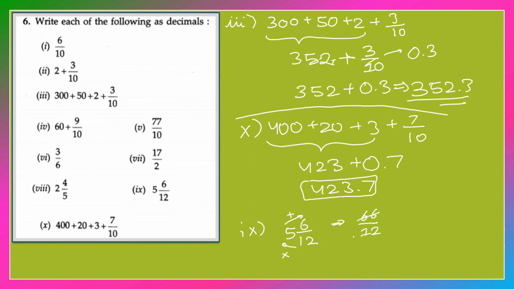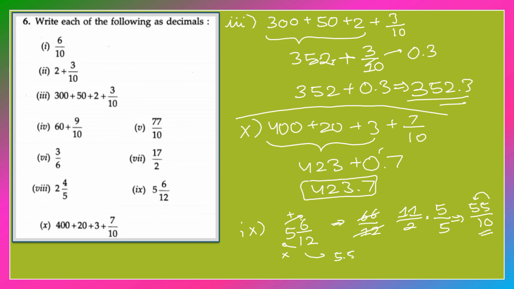Now, if I cut a factor of 6, I get 11 whole upon 2, like this. Now if you want, you can do the division method directly also, but if you don't know how to do it, you multiply the numerator and denominator by 5. I get the answer as 55 whole upon 10. Now I got the denominator as 10. Now I'm going to show the decimal point and I get the answer as 5.5.